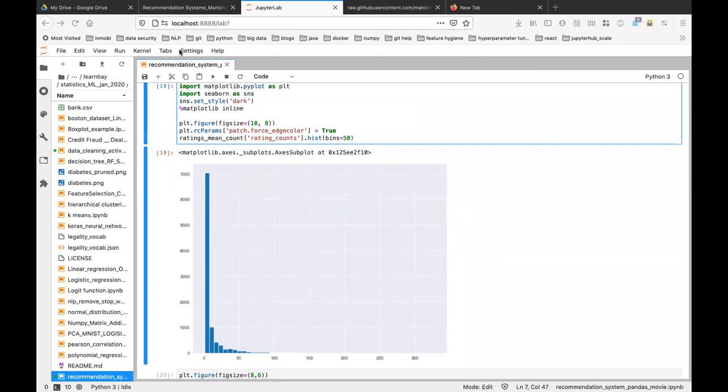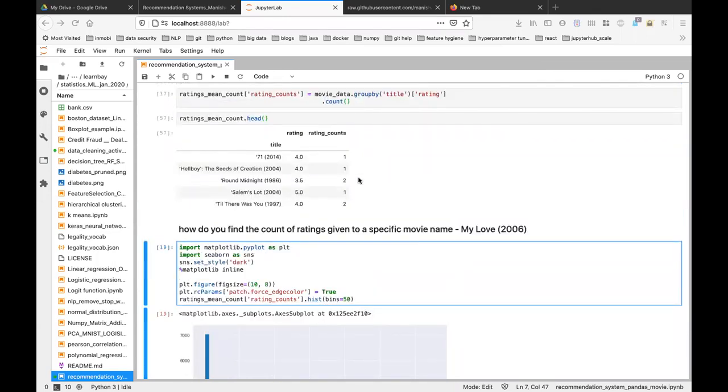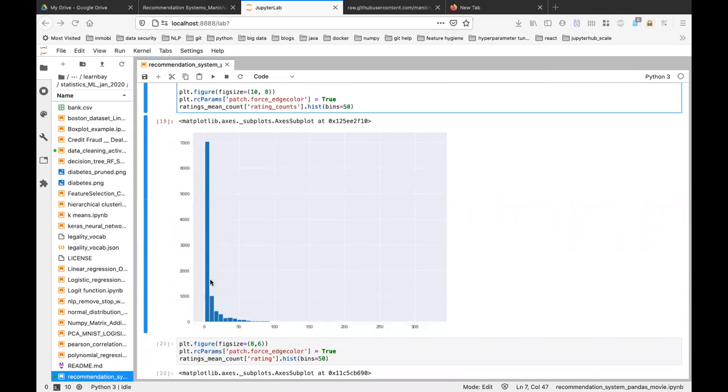For example, in this head, all these movies have fewer than 10 ratings. The movie 71, which premiered in 2014, has only 1 rating. The movie Round Midnight has only 2 ratings. Likewise, there are almost 7,000 movies with fewer than 10 ratings.